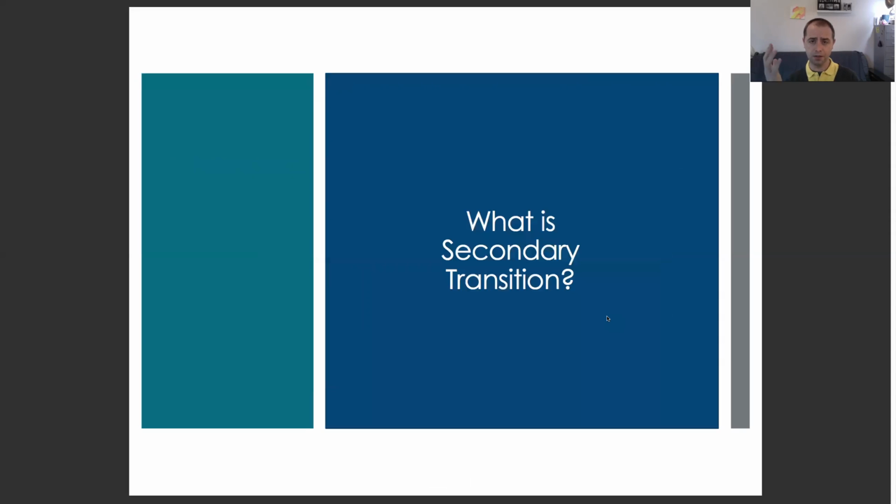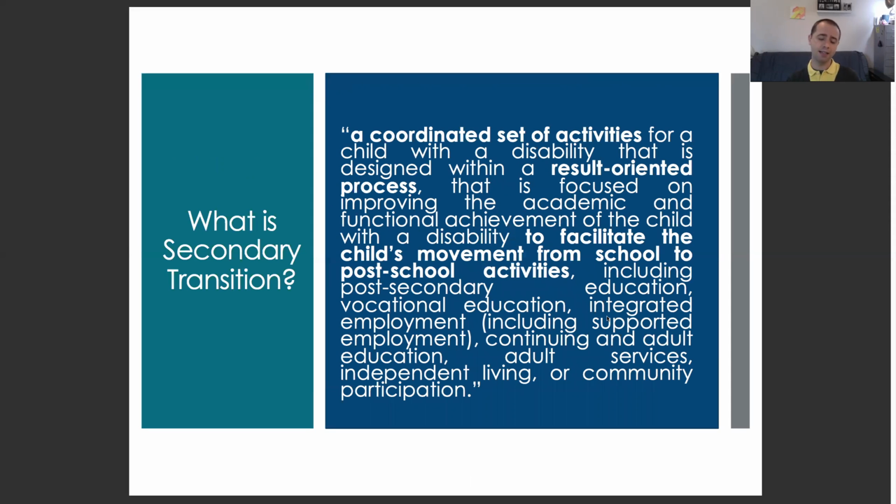And now we're going to jump into the best practice piece where we're going to talk about secondary transition. And first and foremost, we got to find out what secondary transition is. And the way IDEA defines that, the Individuals with Disabilities Education Act, they say it's a coordinated set of activities for a child with a disability that is designed within a results-oriented process. It's focused on improving the academic and functional achievement of the child with a disability to facilitate what that kid is going to do from school into post-school,